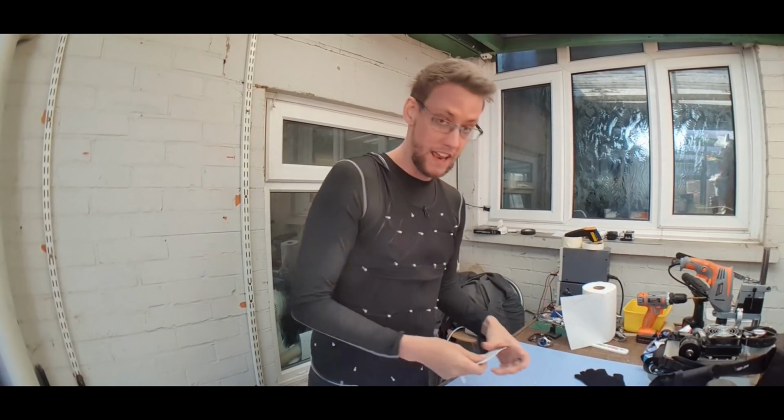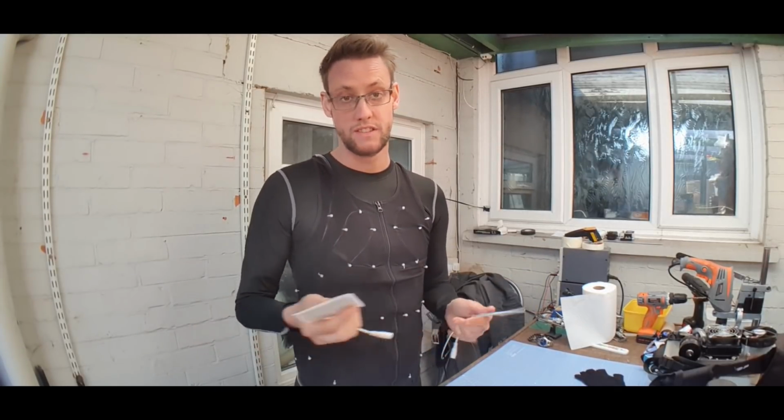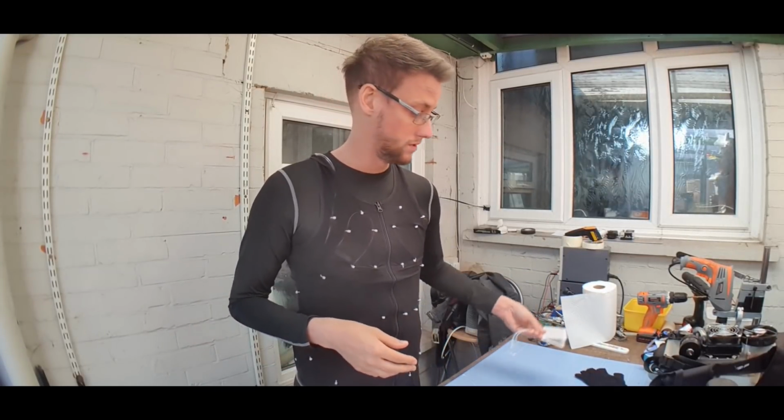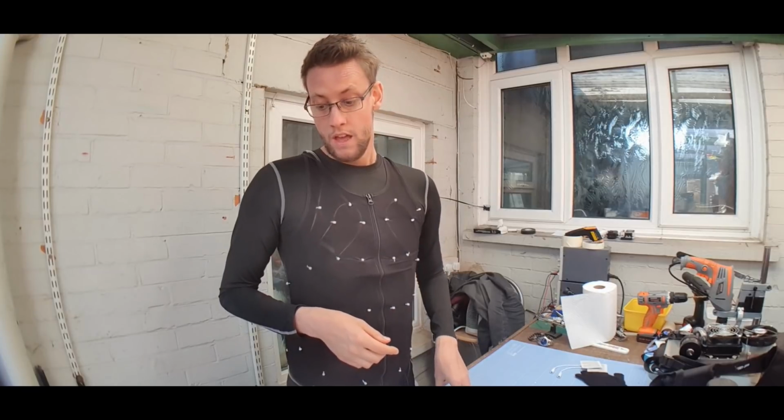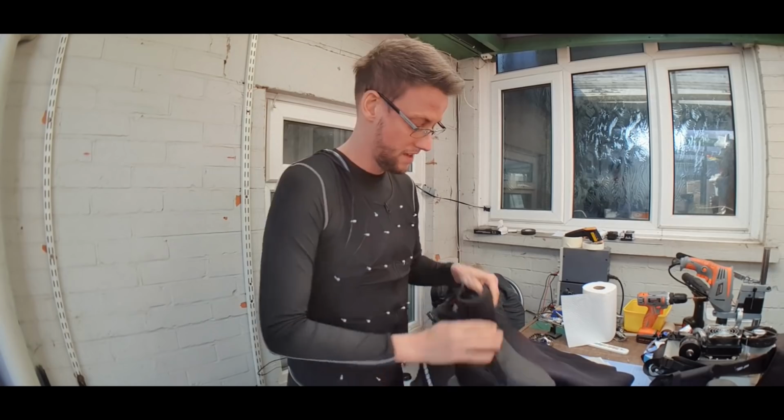So again, really straightforward, 5 volts, 1 amp, and your hands are nice and warm. That staves off the risk of frostbite in cold environments. Next step. Okay, so the next step, excuse me, I've been testing these out. Next step, we have